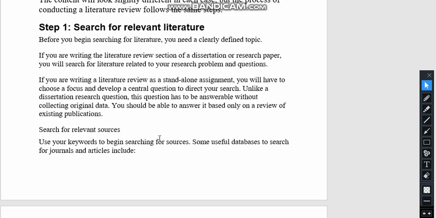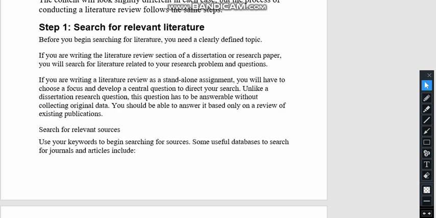Use keywords to begin searching for sources, like the keywords present in your research topic that you need to type while finding the relevant papers or publications.